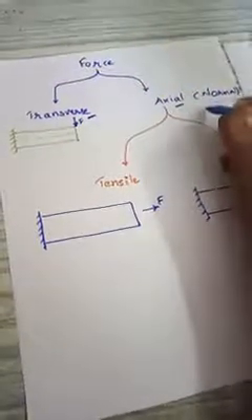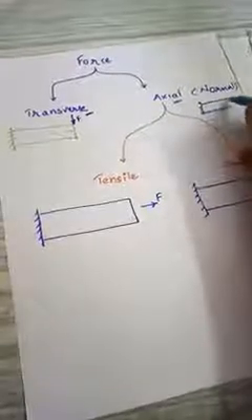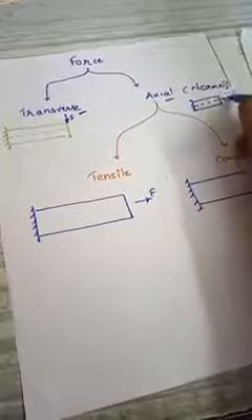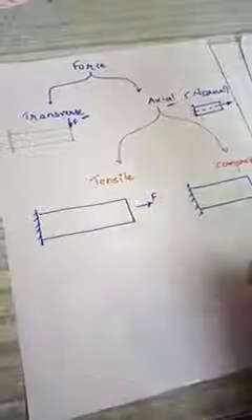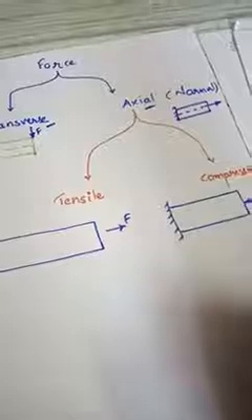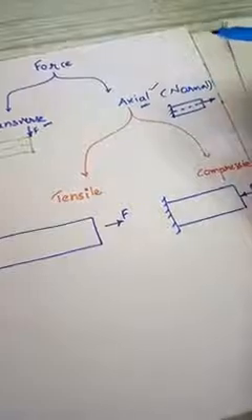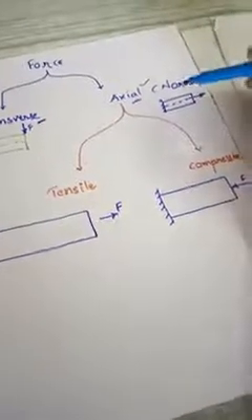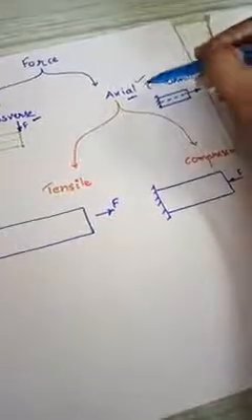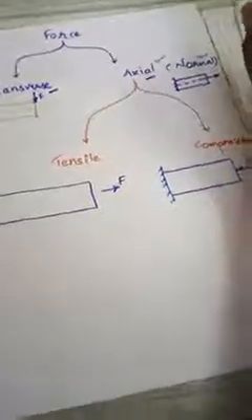If a bar, and then I will define an axis, if this force is acting along the centroidal axis, then we are calling it an axial force. Another name for the axial force is the normal force. This name, normal, is given to the axial force based on a different criteria. We will not discuss that right now.